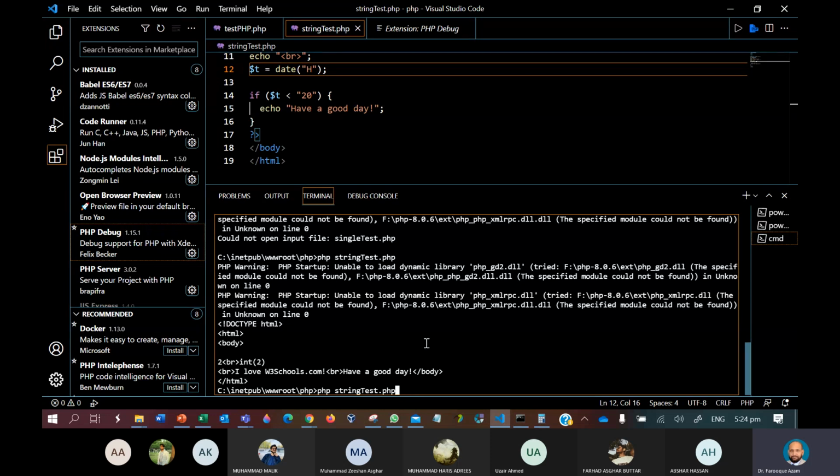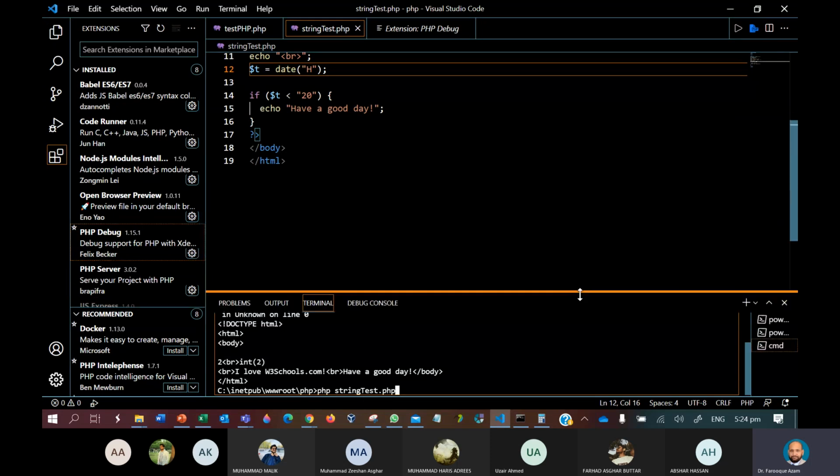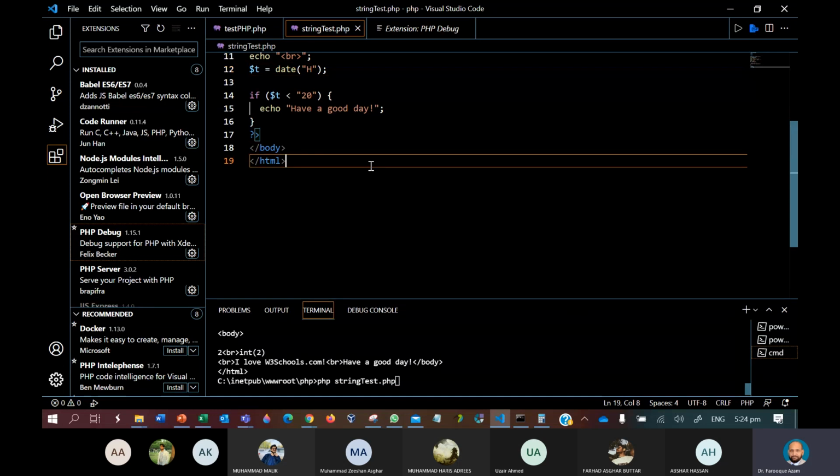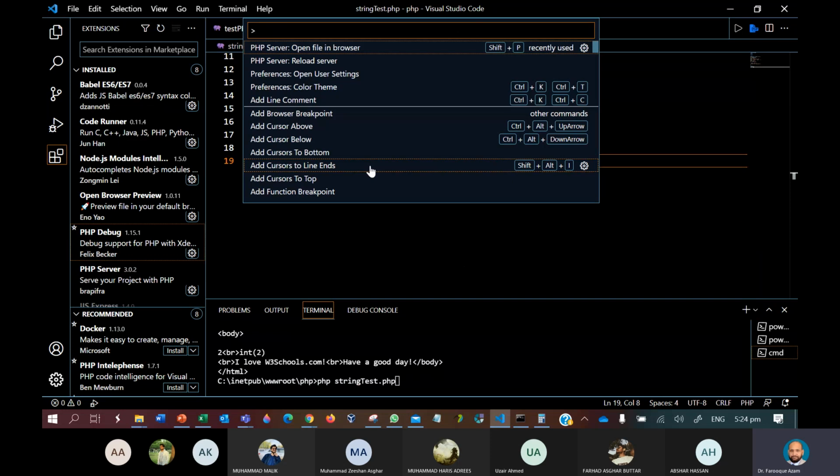ठीक है जी, तो ये जस्ट टू गिव यू द आइडिया अबाउट सम द कमांड प्रॉम्प्ट एज वेल एज द पाथ वेरिएबल. And also I have told you that I have installed PHP server and PHP debug. Okay, now if I want to make use of the server, then I'll press function, press F1. Here you will find, since I have installed PHP server, so it is written PHP server